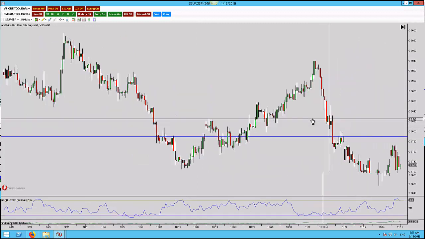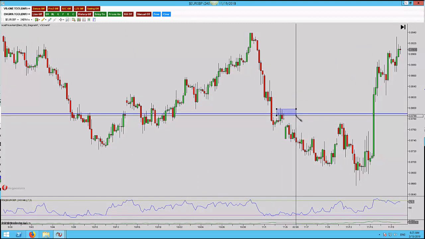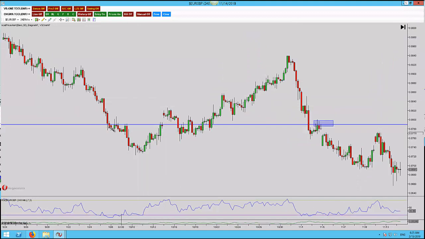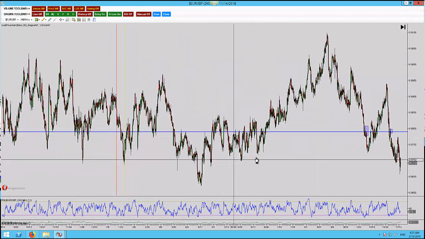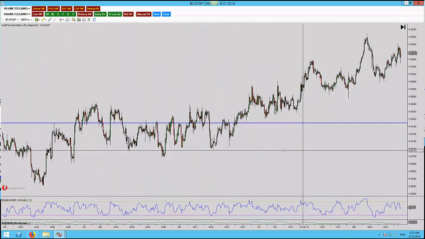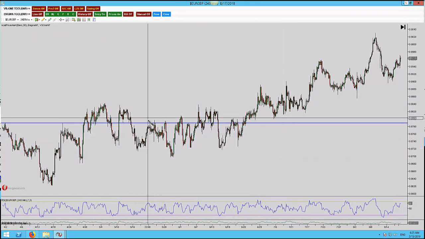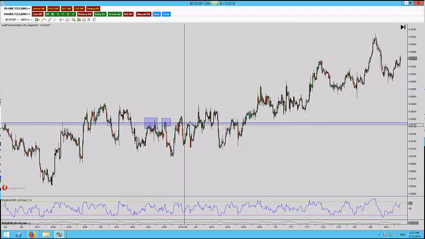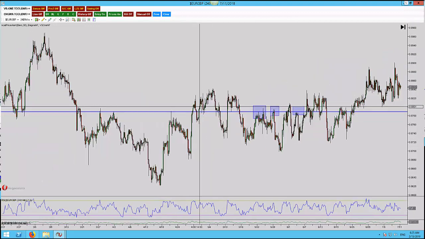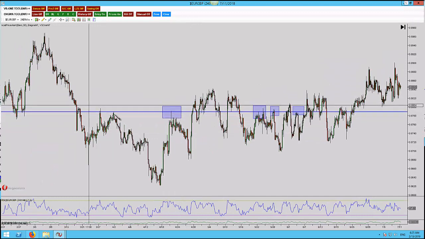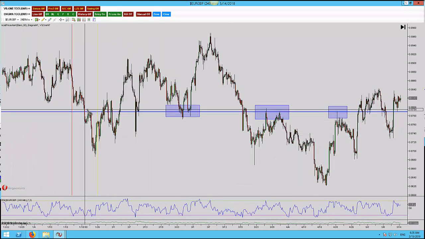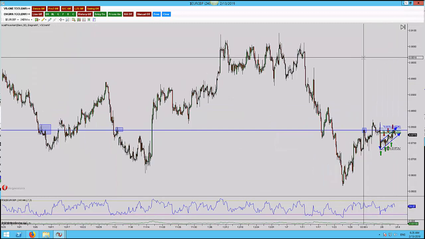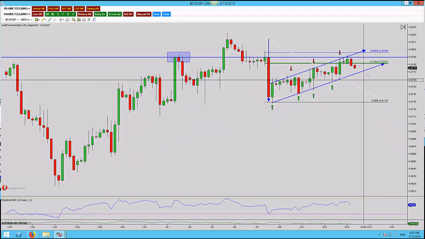We have a very small retest just there, the same here, very small, and we then have a nice area here and here and here, a nice key level there, two more here, here as well, a little area there. So it's certainly a place where we've seen a reaction,